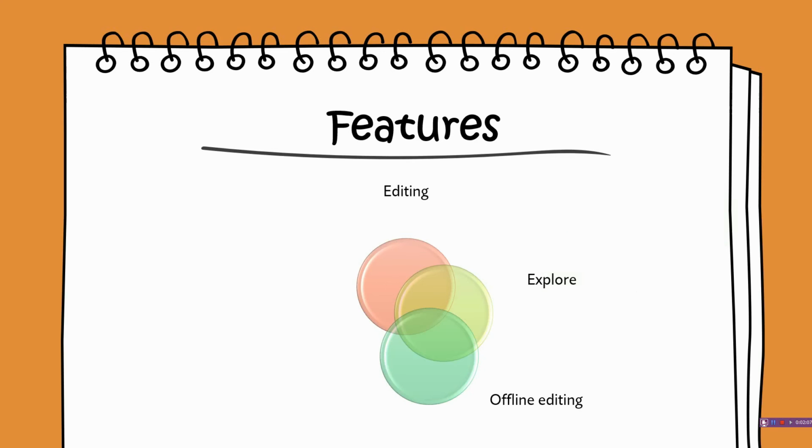Next one is offline editing. Google Sheets supports offline editing, and users can edit the spreadsheet offline either on desktop or mobile apps. On the desktop, users need to use the Chrome browser and install the Google Docs Offline Chrome extension to enable offline editing for Google Sheets and other Google applications. When using mobile, users need to use the Google Sheets mobile app for Android, which supports offline editing. So a mobile app is also available for Google Spreadsheet, which you can use for offline editing.